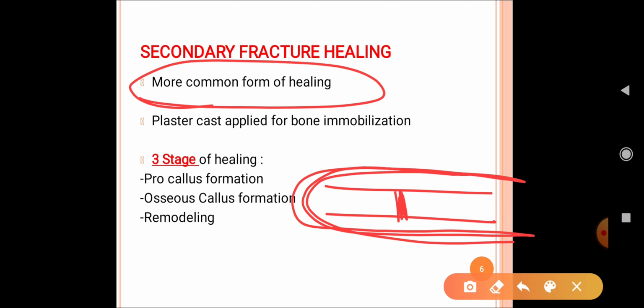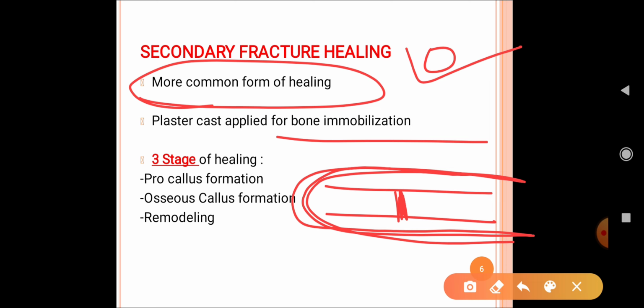You might have seen that some patients are applied a plaster cast for bone immobilization, and that is the very natural way of healing of the fractured bone. Remember, the common way of healing is secondary fracture healing, and we will take this type of healing as a prototypic example,